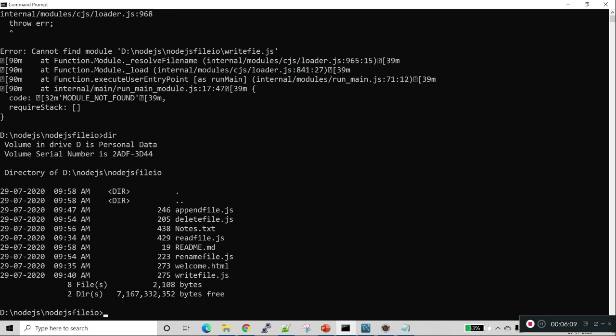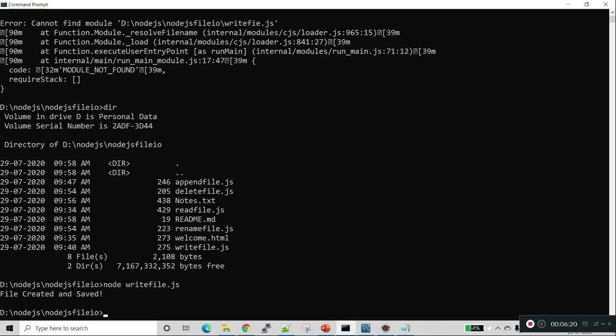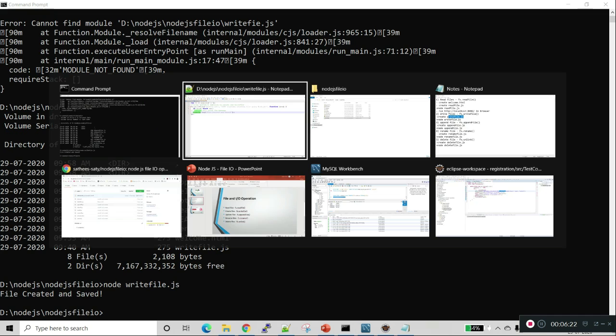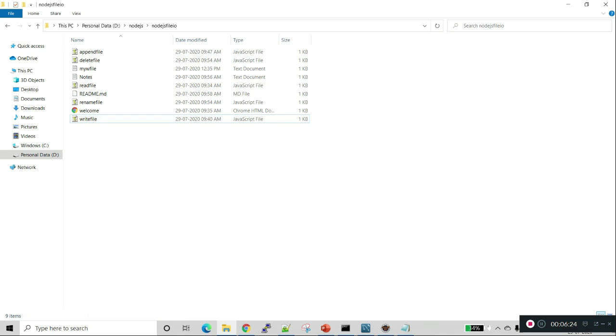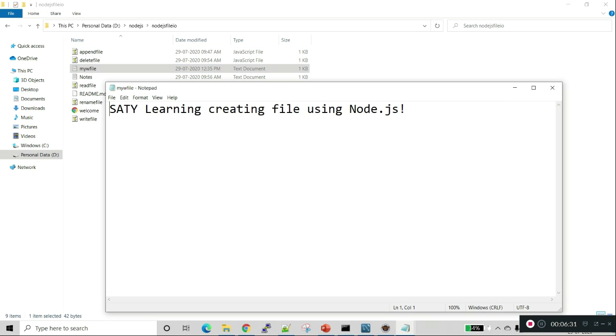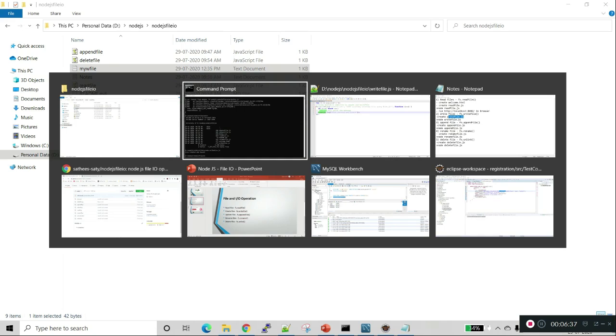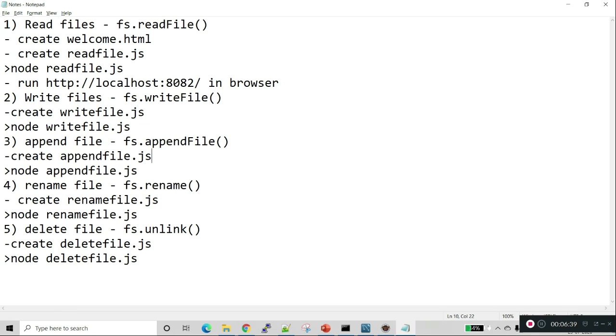So node writefile.js. File created and saved successfully. Now we will go and check whether the file is created or not. I'm refreshing this one. My file: SATI Learning creating a file using Node.js. So the file is created successfully. Now we will go to the next lab.